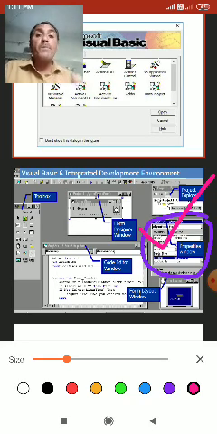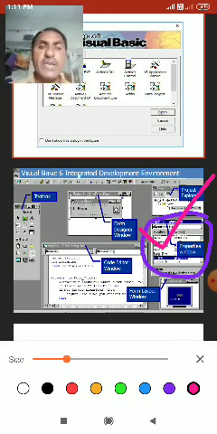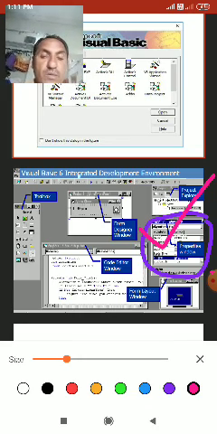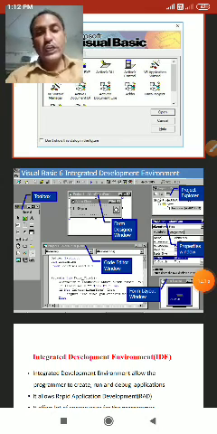This is called a property. We have to change this in the property window.